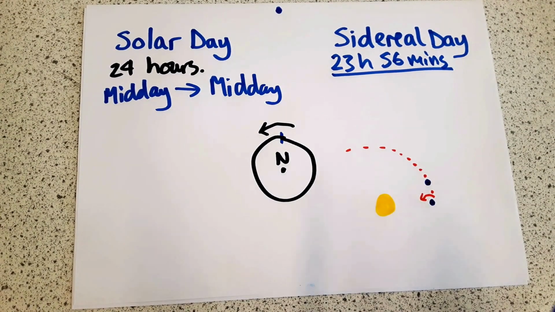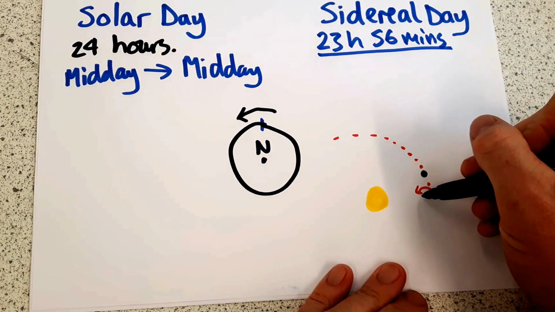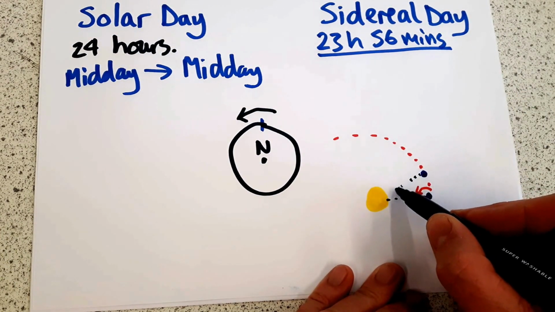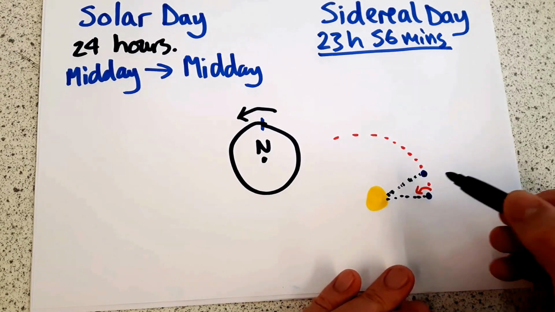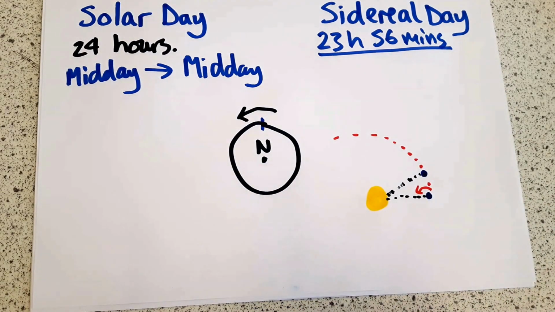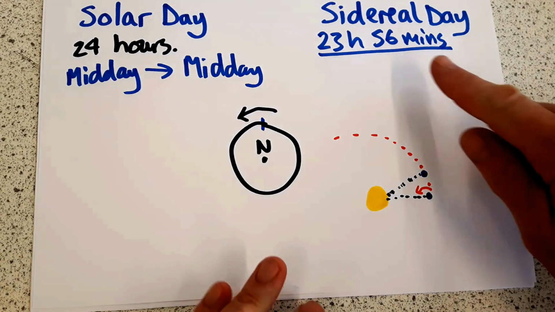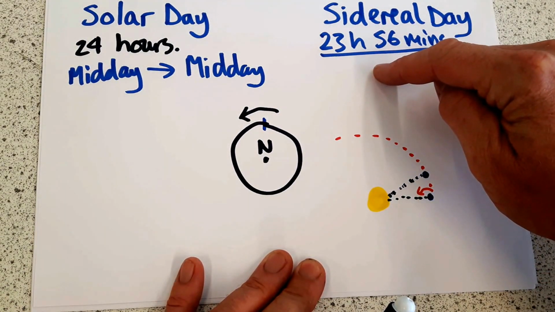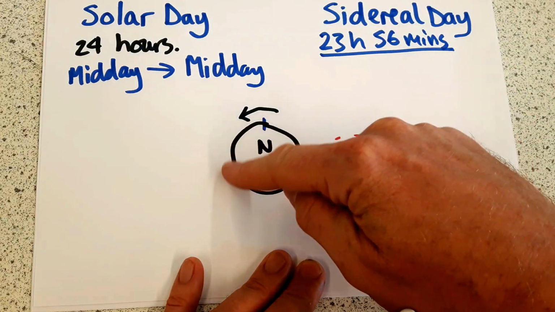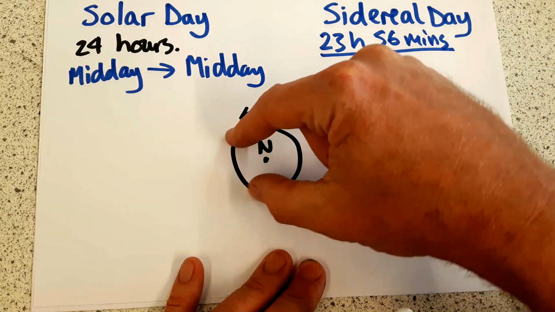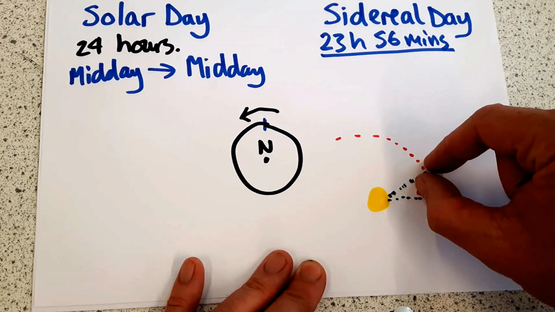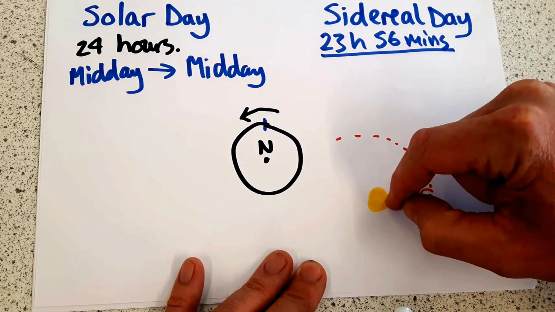Now, that tiny movement along the path makes a big difference because the sun appears roughly at that position, but you can see that the sun is now slightly further back. So this amount of time is the time it takes for the Earth to do one complete rotation on its axis. This amount of time is one complete rotation plus a tiny bit more to account for the fact that as it's passing around, it needs to rotate a tiny bit more in order for the sun to be in